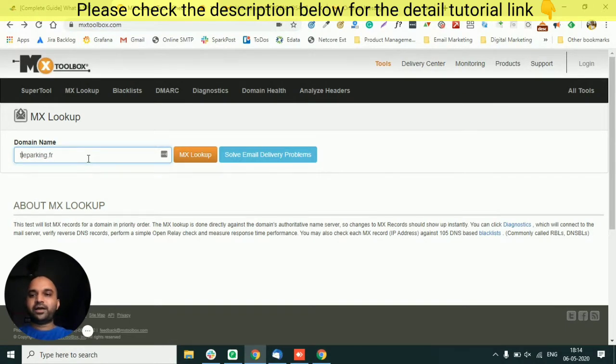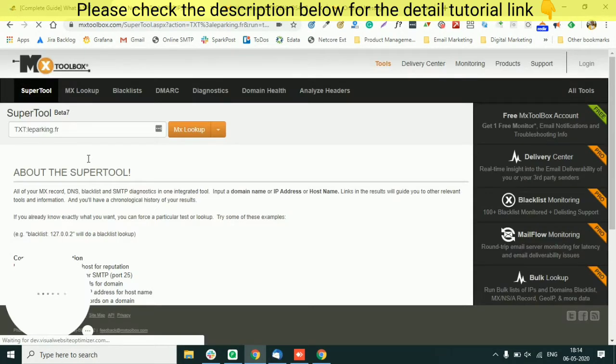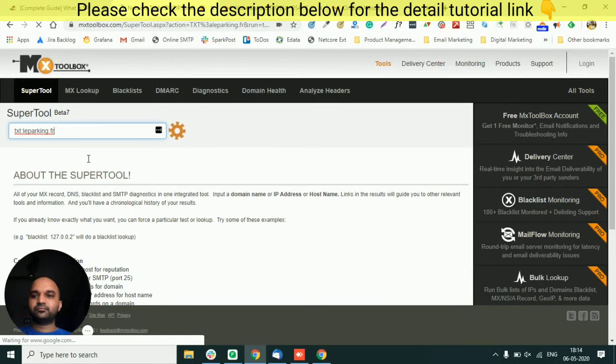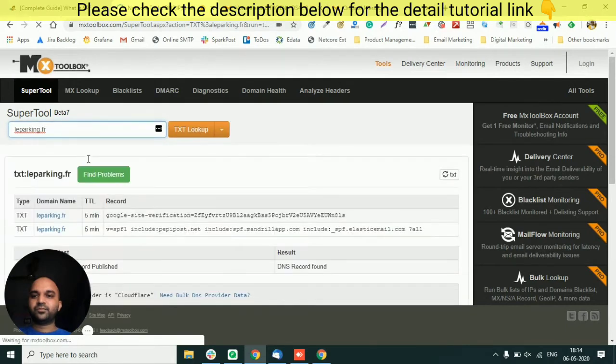So here I have taken a domain known as leeparking.fr. What I need to do is check what the TXT record is. SPF is a record which needs to be added in the DNS TXT. If I check the TXT record of this particular domain, let's see what comes up.